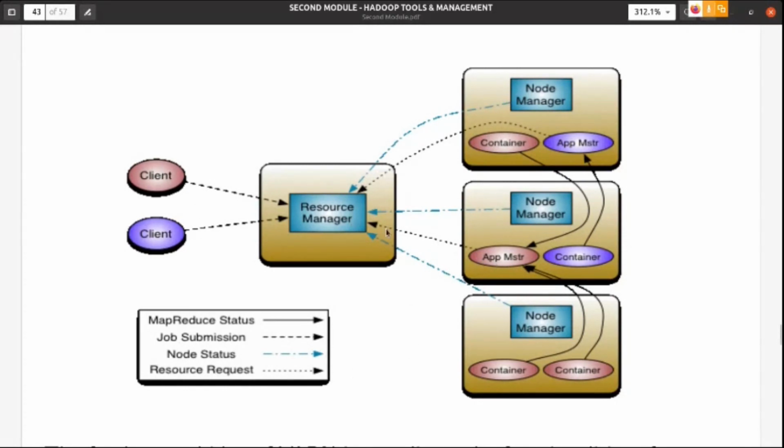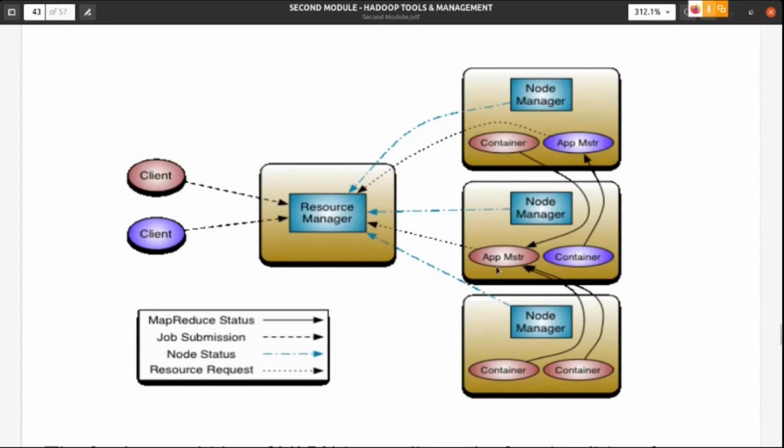The scheduler present in the resource manager allocates the resource to the application master. Once the resource is allocated, the application master gives the instruction to the node manager to start this container.